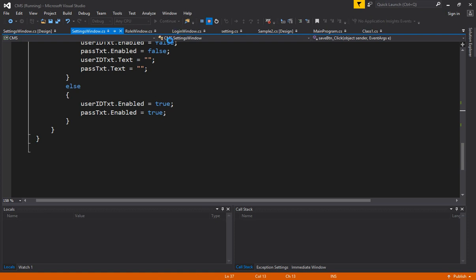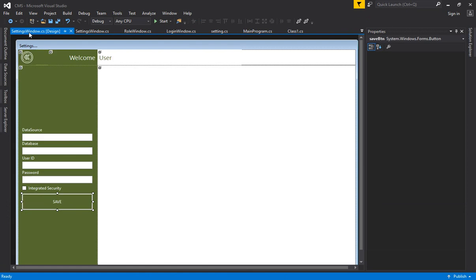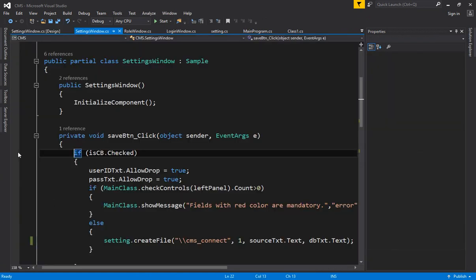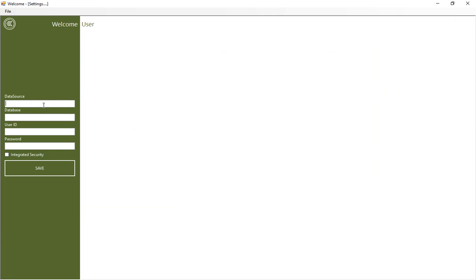Settings window, double click right here. Now breakpoint. Let's go to the settings window and 10.0.0.118. No, what's the IP address? Let me verify. 10.0.1.118